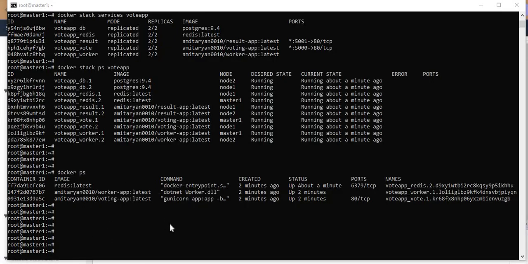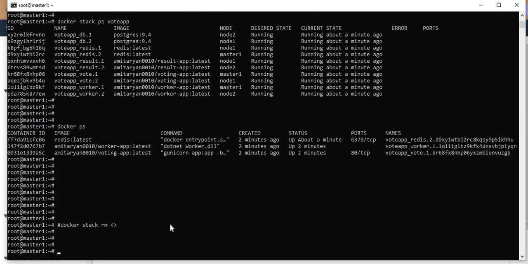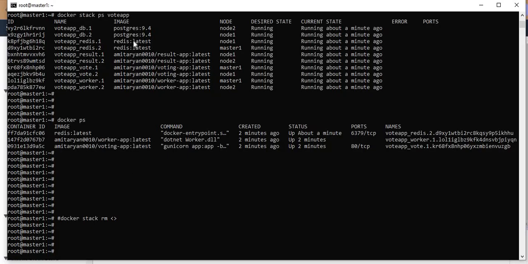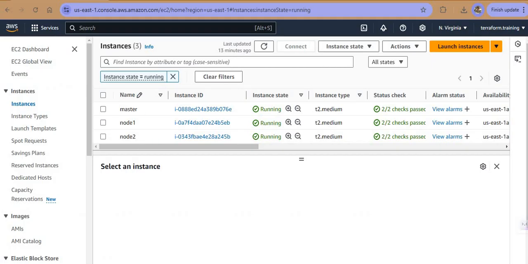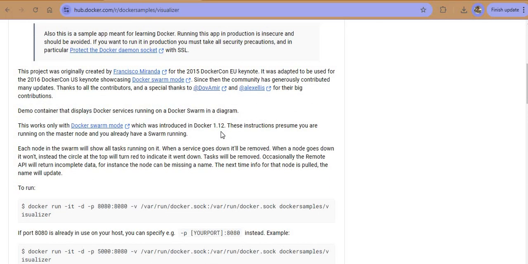Okay. If you want to remove it, we simply have something called docker stack rm, and then you just specify the name of the Docker stack. But before that, there is one more thing I can show you. There is something called Docker Swarm Visualizer. It gives you a GUI in the browser where you can see how many containers are running on that particular setup. So what I will do is,